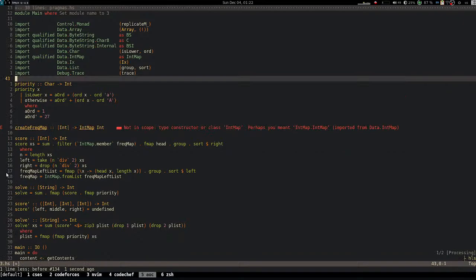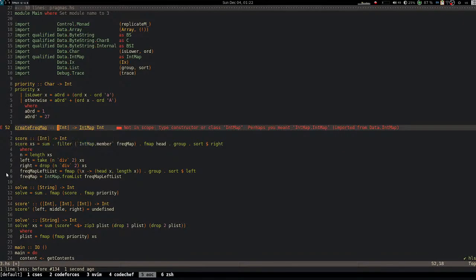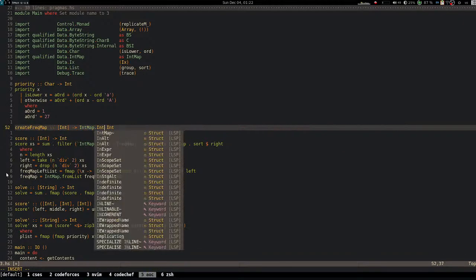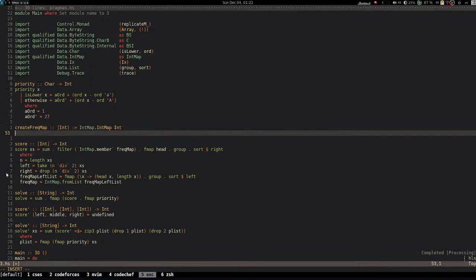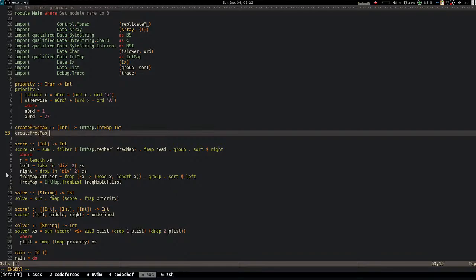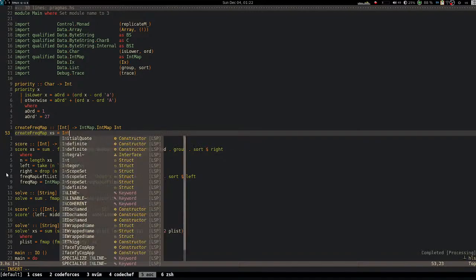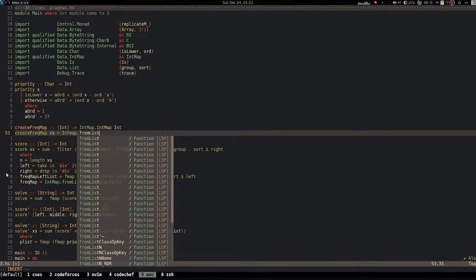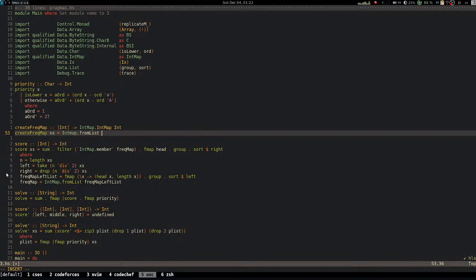Data dot int map. And create frequency map xs is equal to int map dot from list and it should be like